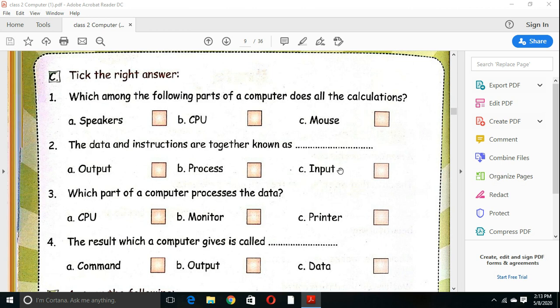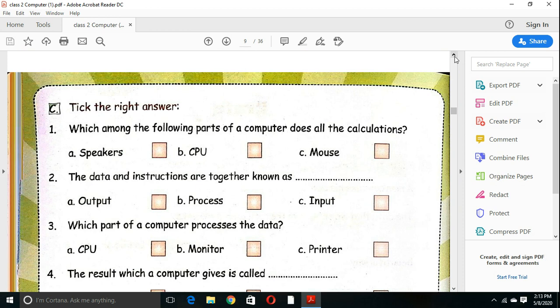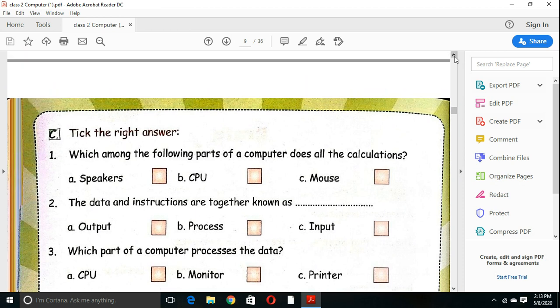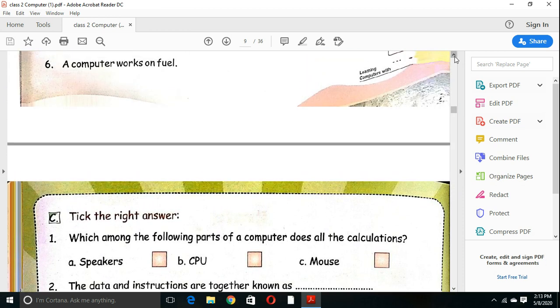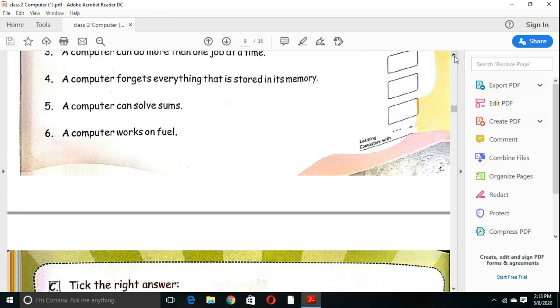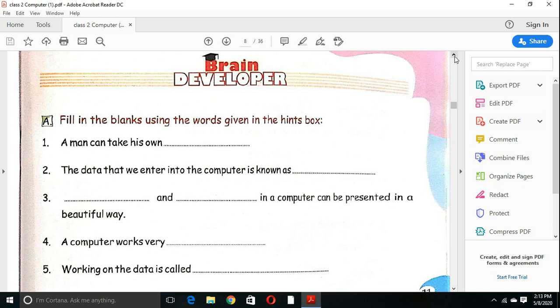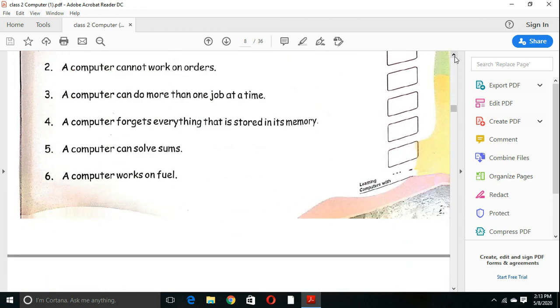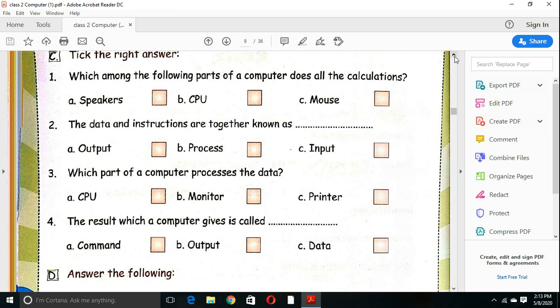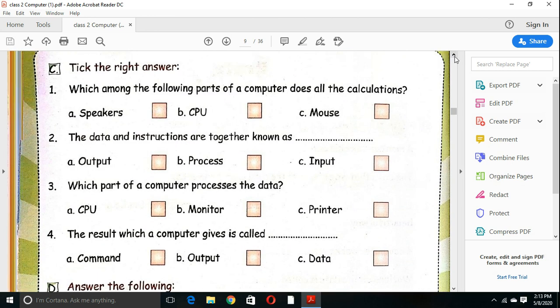Hello everyone, let's talk about today's topic. Today we are going to cover the MCQs of this chapter. Let me tell you, we are learning our first chapter, and the name of our chapter is Computer and Electronic Devices. We are solving our book exercises. In that we have seen filling the blanks of this chapter. We have covered true false also. Today we are going to discuss the MCQs.